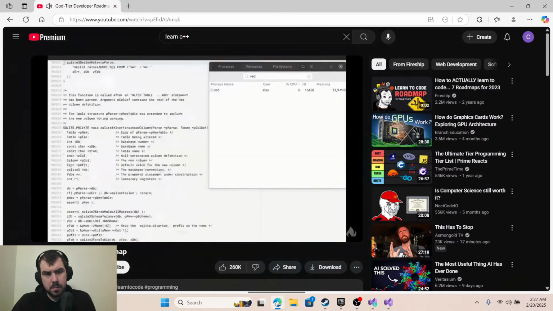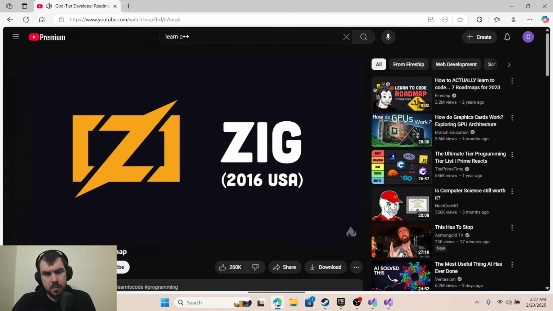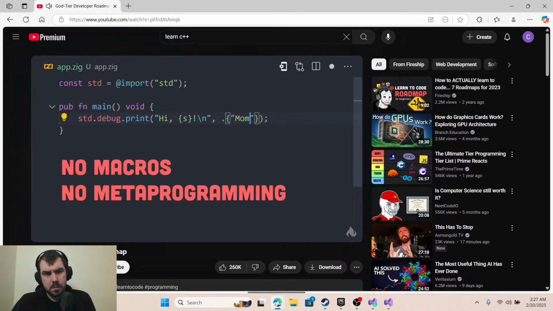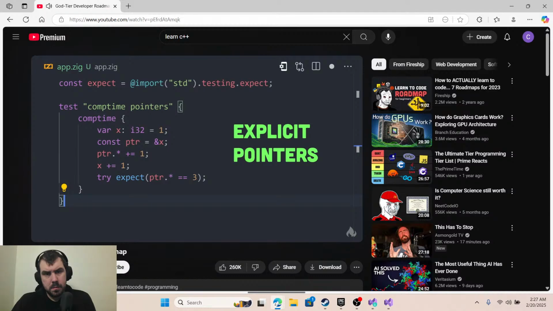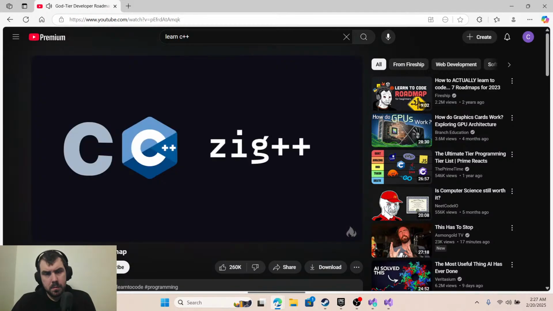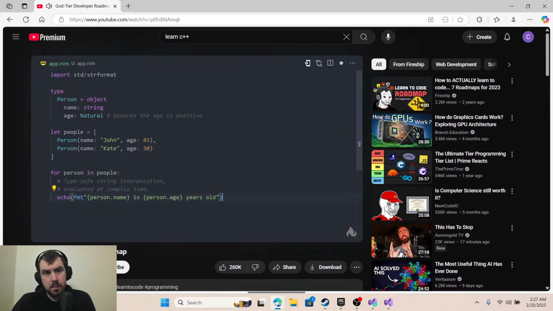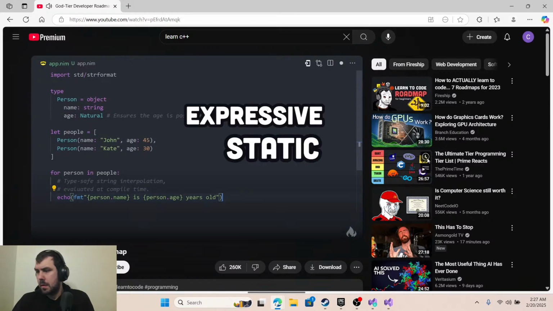Another modern replacement for C is Zig. It's designed to simplify low-level programming by eliminating features like macros and metaprogramming, and is very explicit when it comes to memory management. And it can cross-compile C and C++ just like Clang. Zig is not to be confused with Nim, another high-performance language that's very expressive like Python, but is statically typed and interesting